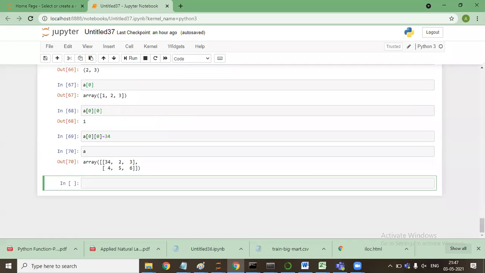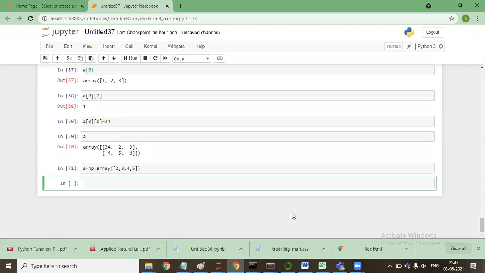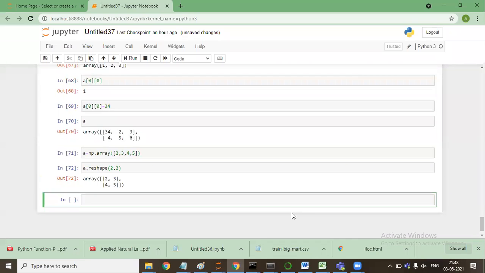If I say A is equal to np.array of 2, 3, 4, 5, and then A.reshape(2, 2), it will make it 2 rows and 2 columns.